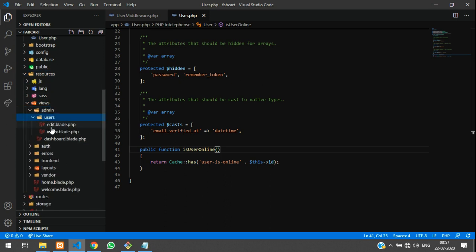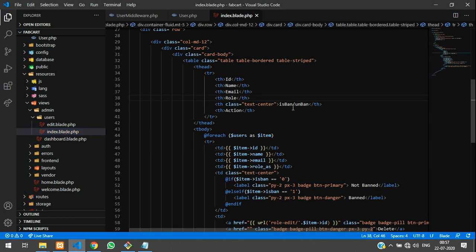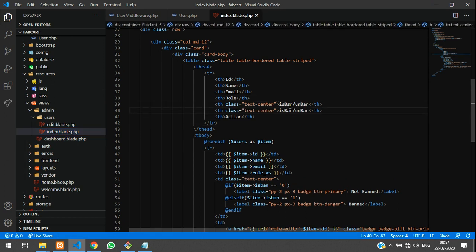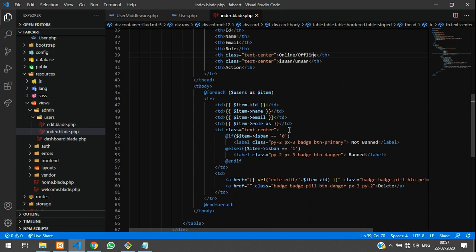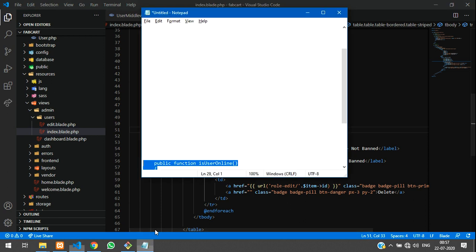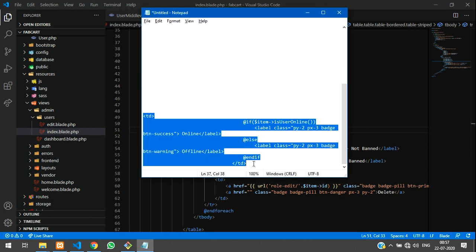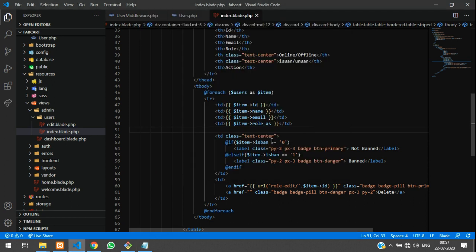So inside admin register, I'm going to click on the index page, so I can view the page. Okay, so let me just copy and paste and write online, offline, that's it. And for this, I have already typed the data. It's very simple, just to save time I have done that. So let me copy and paste.